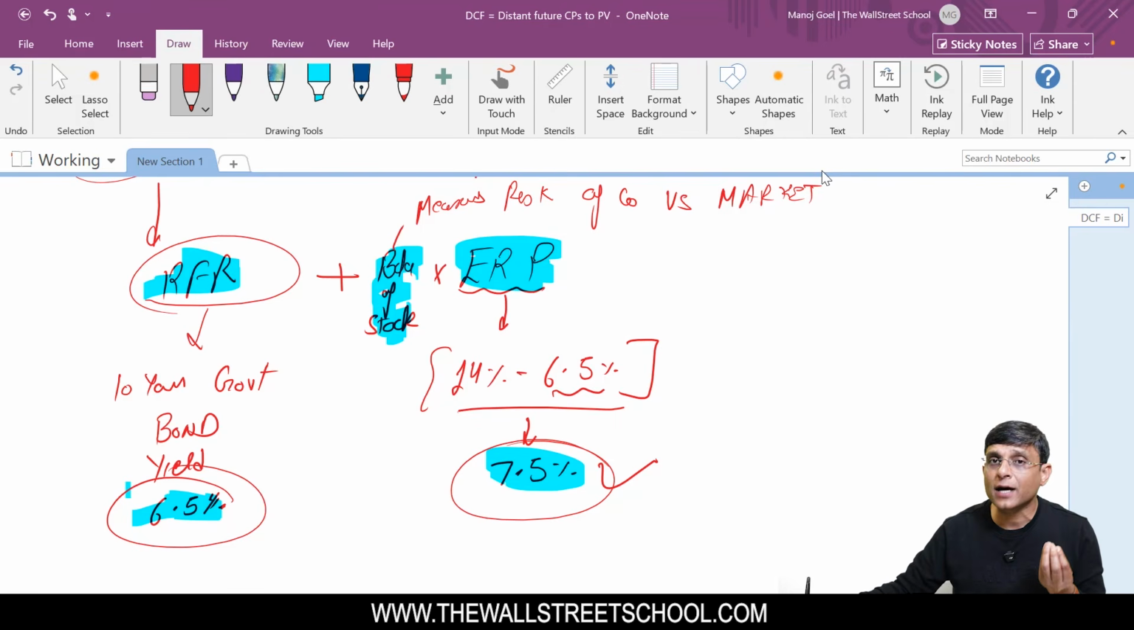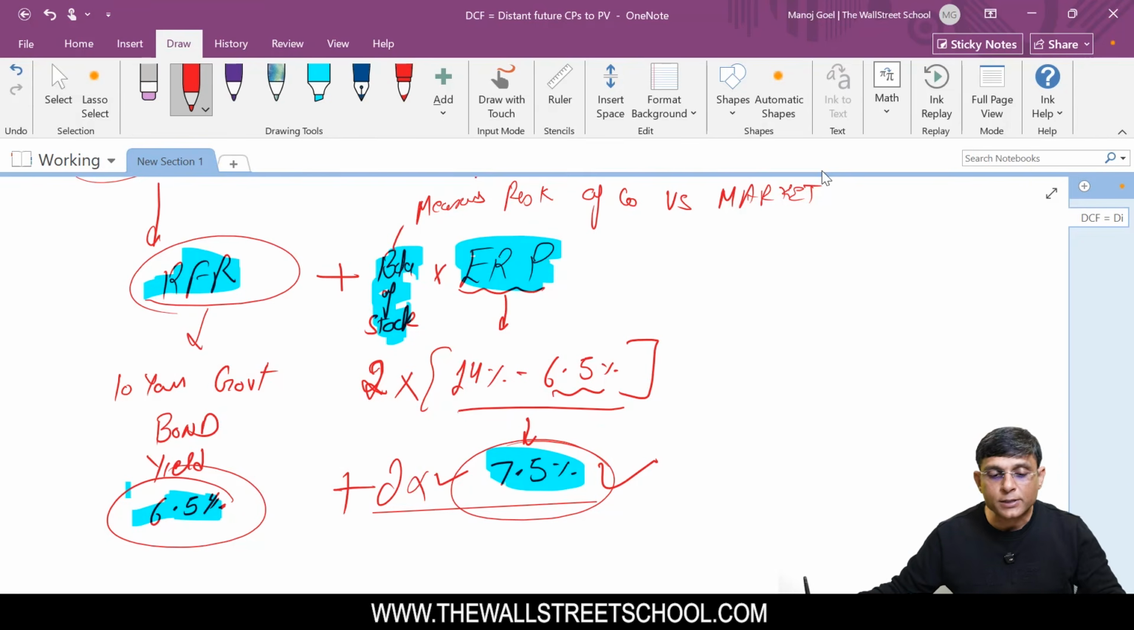Suppose your stock is a high beta stock and your beta is 2. It means your risk is 2 times the market. Then you should get 2 times the premium also. So if the market is giving you a 7.5% premium, your stock should return 2 times this extra premium. That is 15%, plus 6.5% as the base risk-free rate, and the cost of equity will be